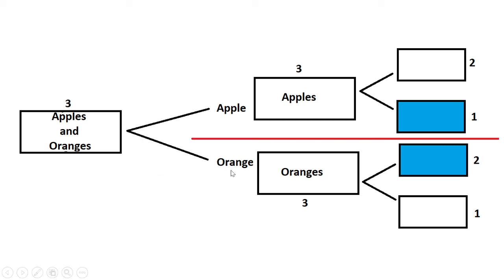Now if the fruit taken out is orange, we know that box 3 is incorrectly labeled, so box 3 must contain oranges. So we label box 3 as oranges. Now of the remaining 2 boxes, box 2 was labeled oranges which has been shifted to box 3 and box 1 is having the label apples. Now we know that it is incorrectly labeled. So the only possibility for apples is to be box 2. So box 2 will be labeled apples and box 1 will be labeled apples and oranges.